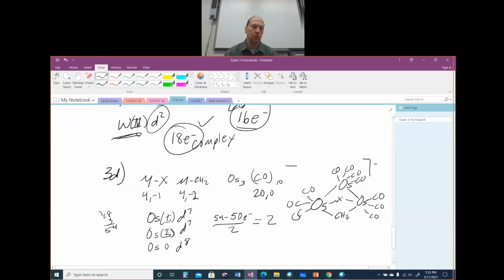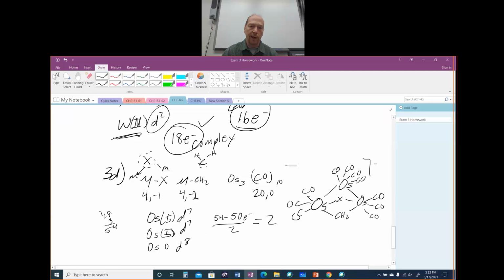All right, the next question was 3D, where we have multiple metals. So we have a bridging halide. And so when you have a bridging halide, that means that you have 2 electrons going to one metal and 2 electrons going to the other metal. And so that's donating 2 electrons to each metal, so a total of 4 electrons, and your halides have a -1 charge. When you're bridging a CH2,